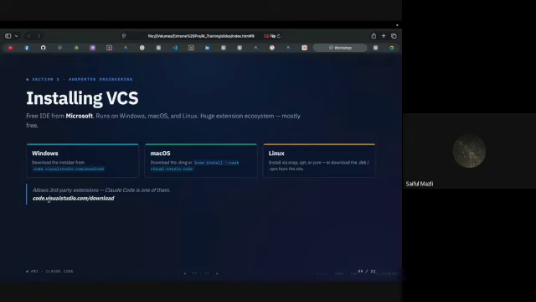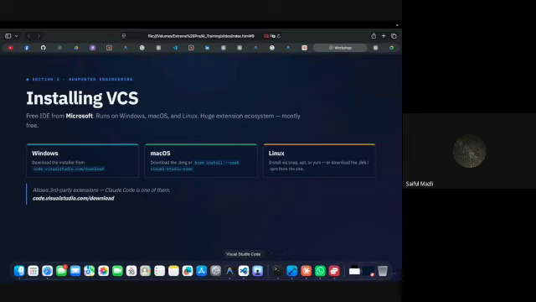You'll come to here, Code Visual Studio, and you can do download. It's really, really good. And it is supported by quite a lot of people, and it can be extended. It has modules that can extend. Mostly it's free.